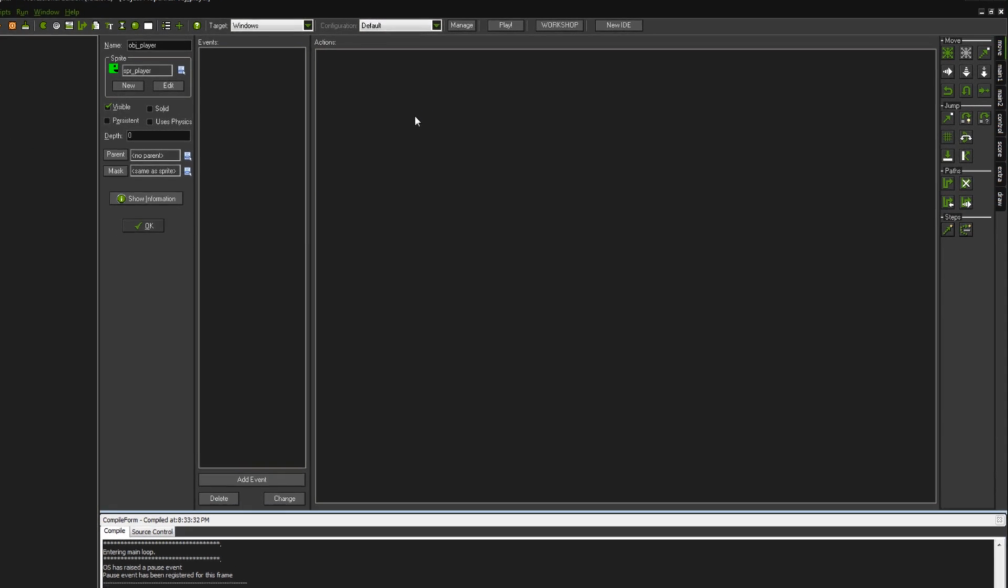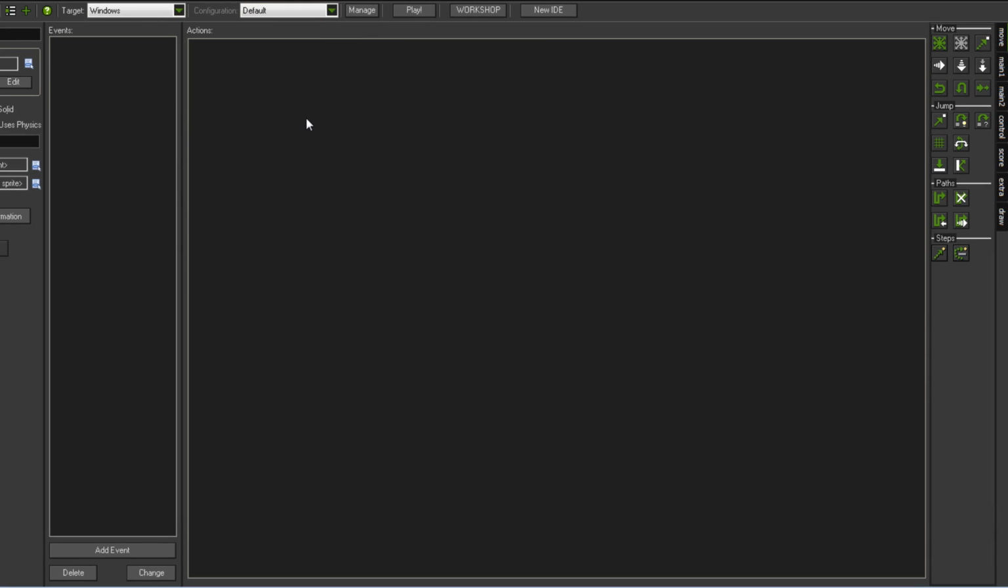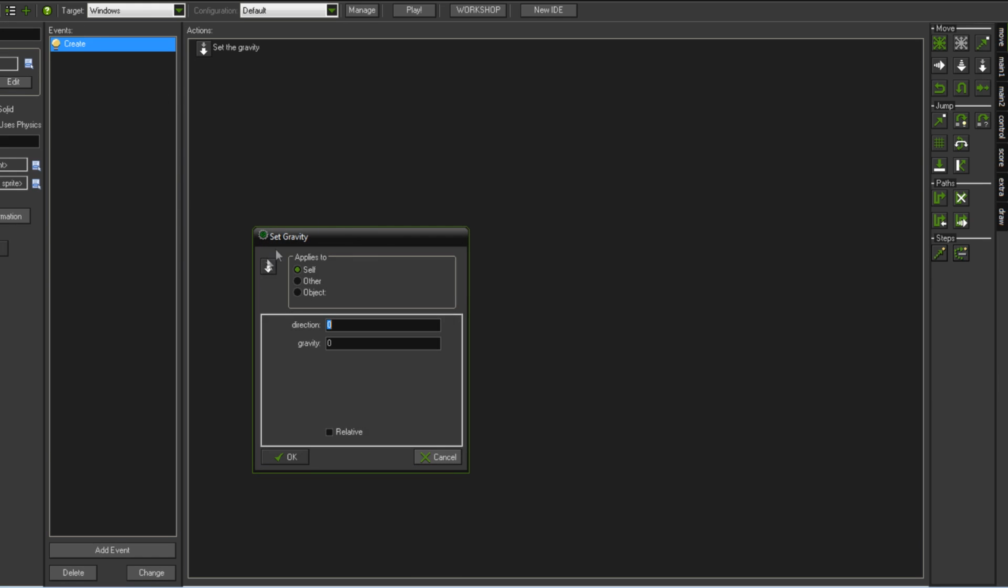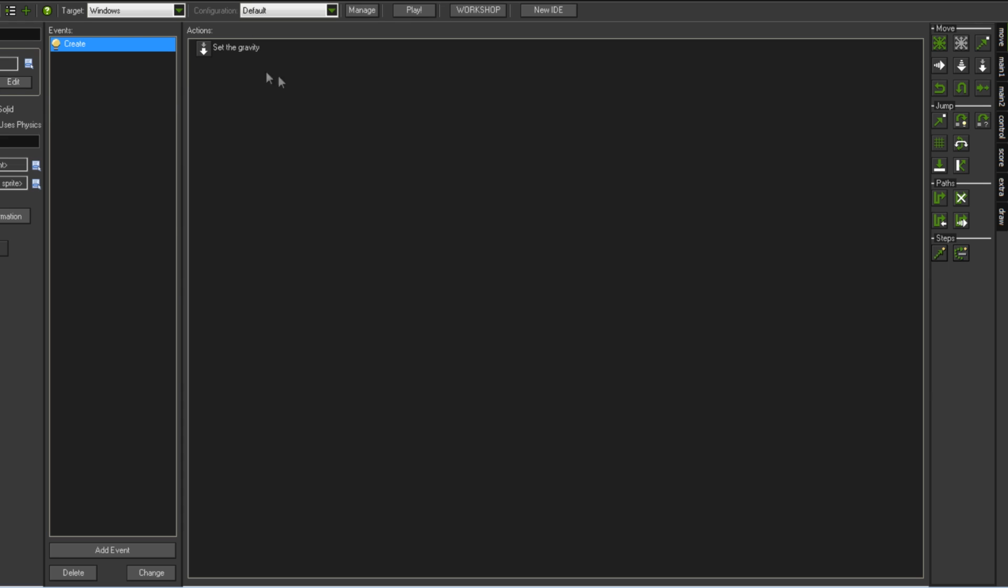Now what a lot of people would do, and there are valid ways of making this work, is go to the create event and use set the gravity. To set up gravity, you would specify the direction of down as 270 and give yourself a gravity that way. I don't like using this gravity. The reason is that the built-in gravity in GameMaker operates by applying